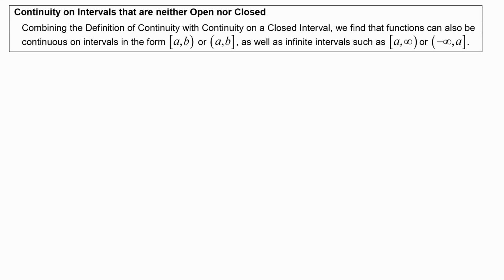Here we look at continuity on intervals that are neither open nor closed. Combining the definition of continuity with continuity on a closed interval, we find that functions can also be continuous on intervals in the form where the left endpoint A is included and the right endpoint B is not, or the left endpoint A is not included, but the right endpoint B is. These are sometimes referred to as half-open or half-closed intervals,